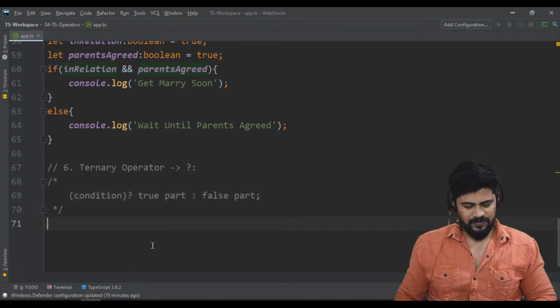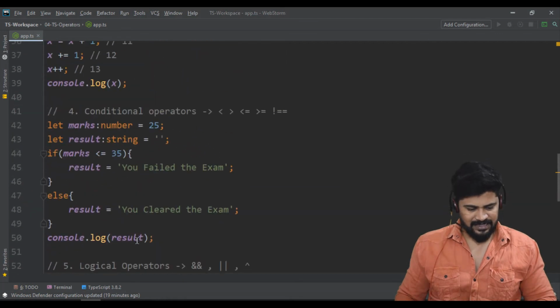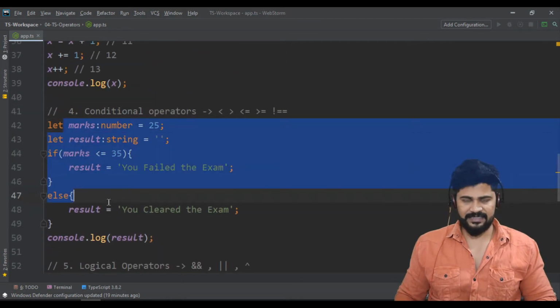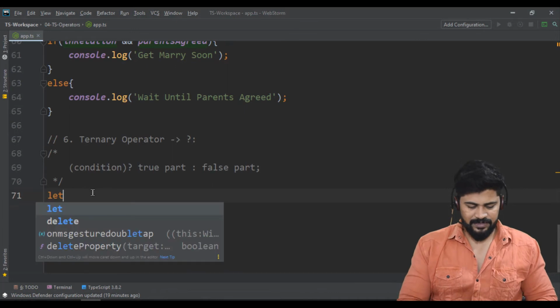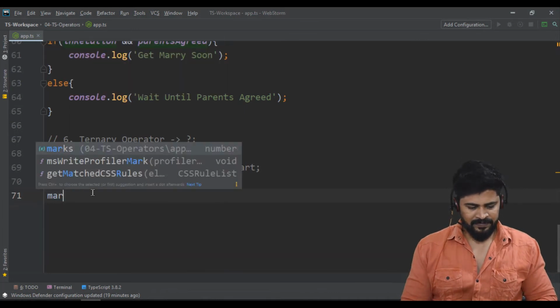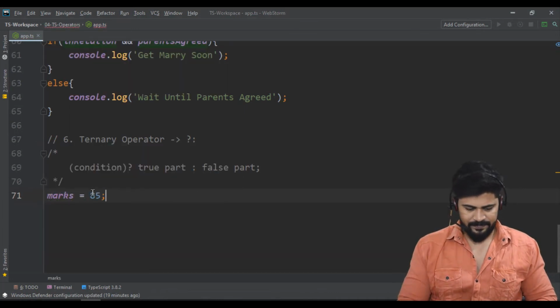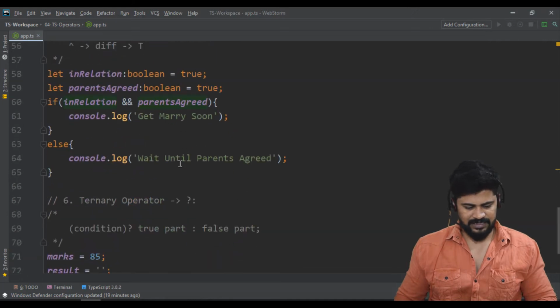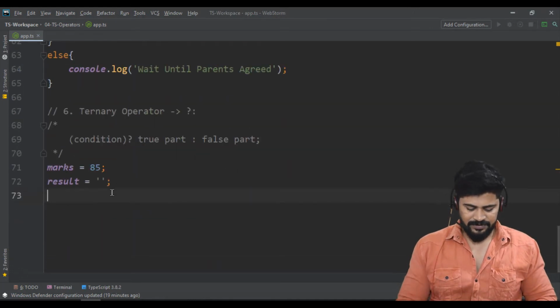Okay, so for example, I just take the same example which I have taken for the marks. Okay, so same variable I use, not let keyword. The same marks is equal to some 85. Okay, and result I just take empty because we already have some data already, so I just make it empty. So condition, how you check?